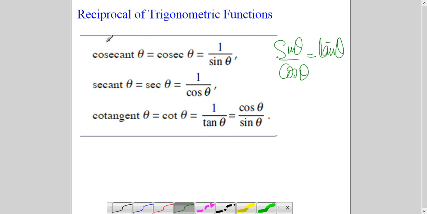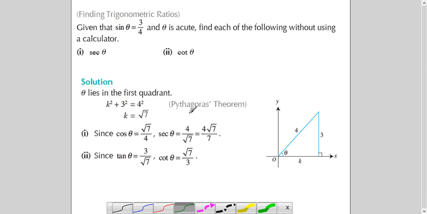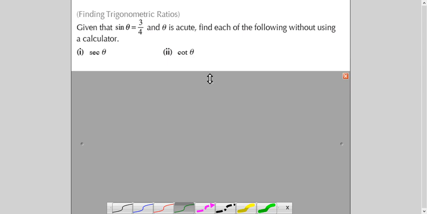We will see the application of these three trigonometric functions in identities and in solving equations, not in sketching, because the sketching of these is a part of A-level mathematics. So let's see this question, and then we will come to identities also. We have done these types of questions in the first video with respect to sine and cos. Now we are doing the same thing with respect to sec theta and cot theta.